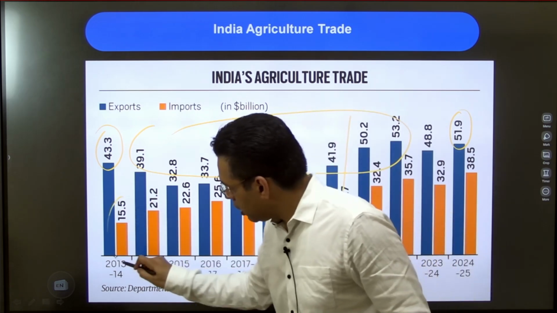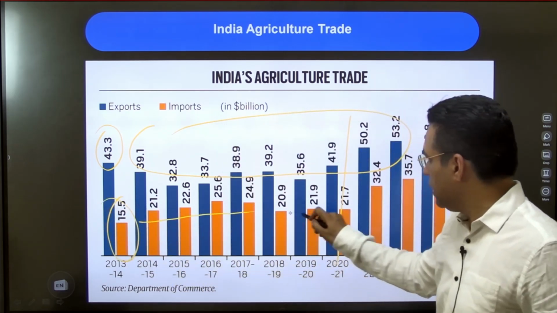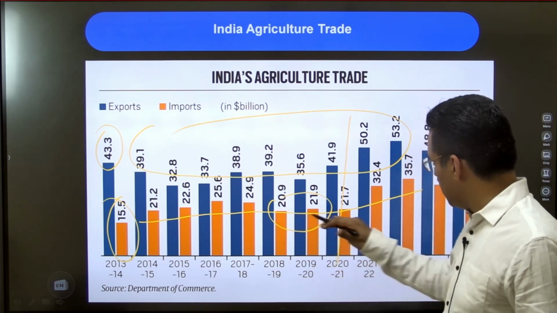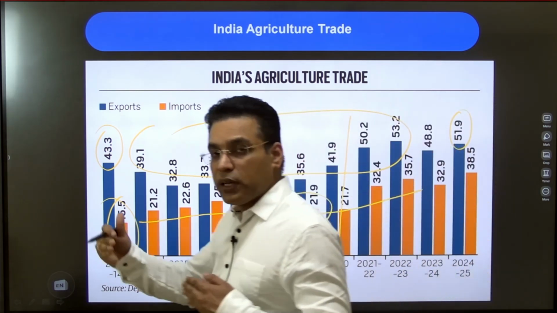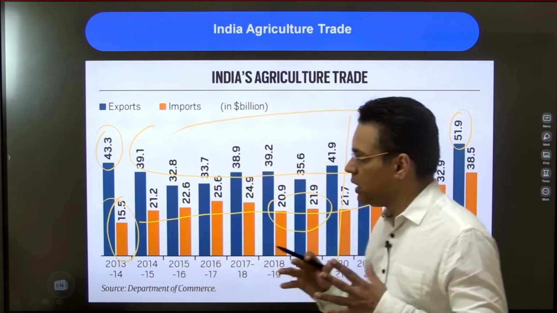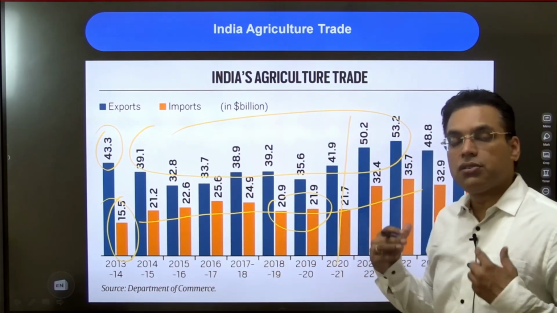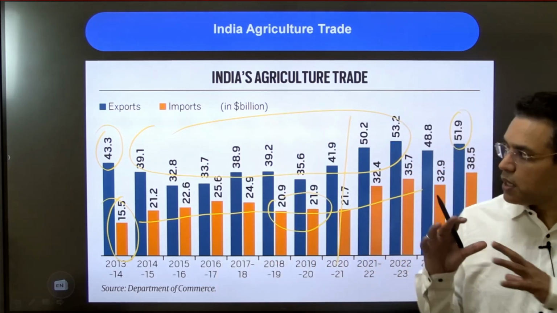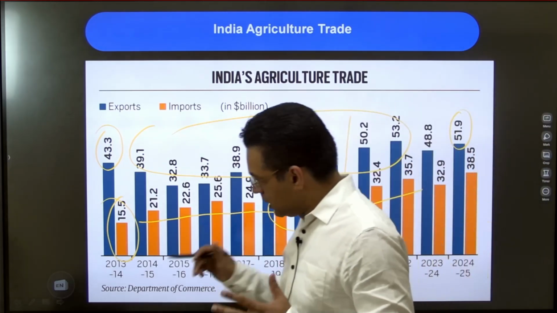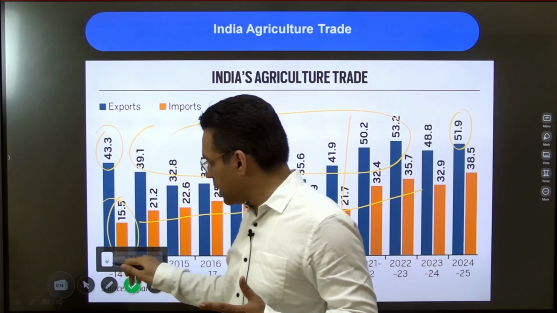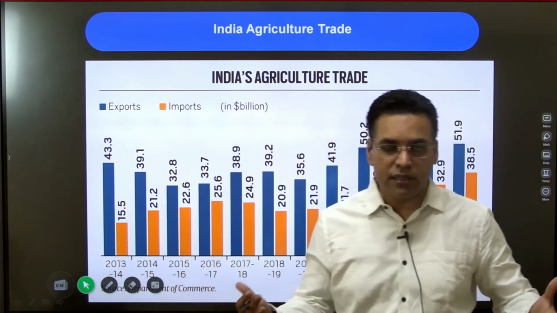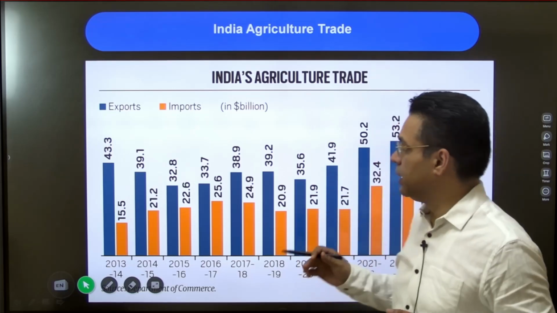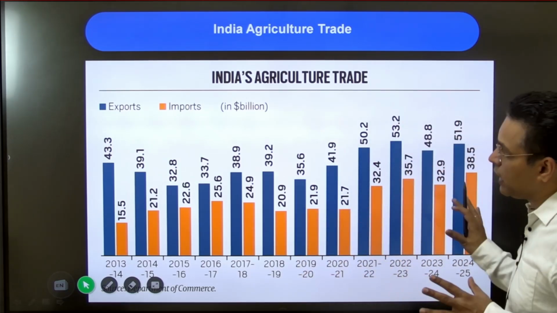They are either increasing or decreasing. But in contrast, the imports have steadily increased. There are phases where imports might have decreased, but in general the rise in imports is higher than in exports. So the agricultural trade advantage that India had might not be there as it was earlier. This is a big challenge for India's economy, with pressure from the developed countries to open your market and give more market access. That will increase imports more in the future, and exports might stagnate.